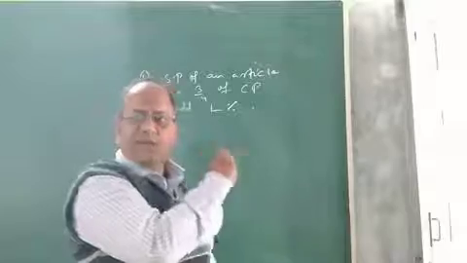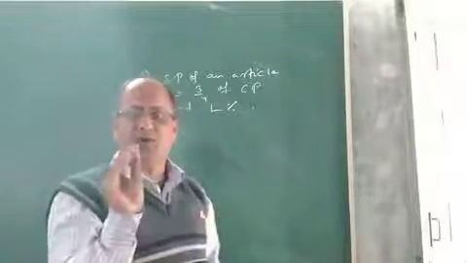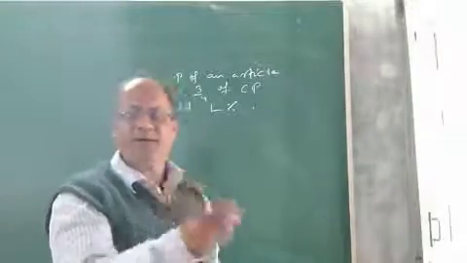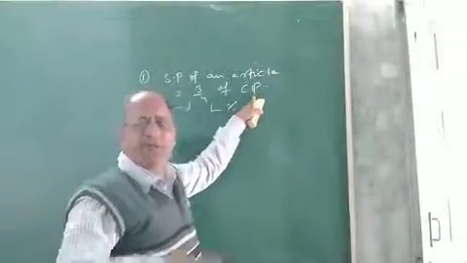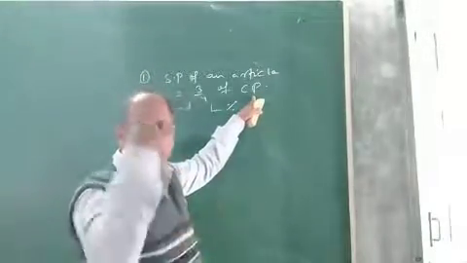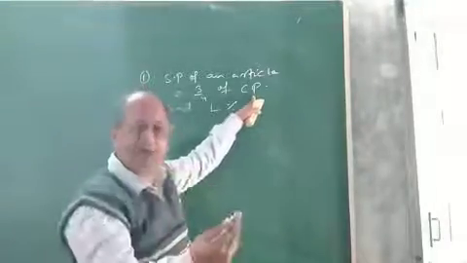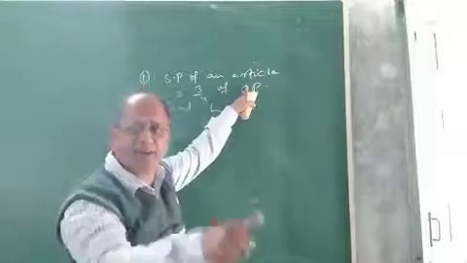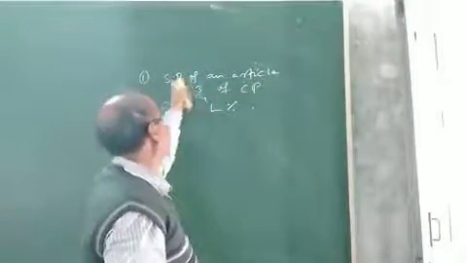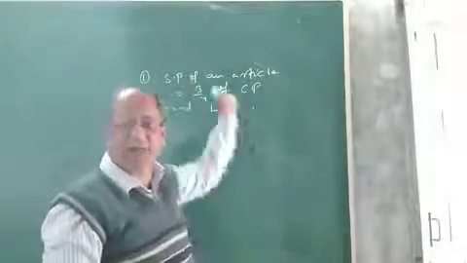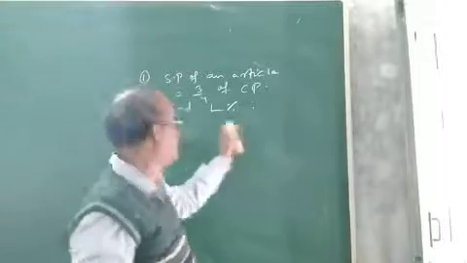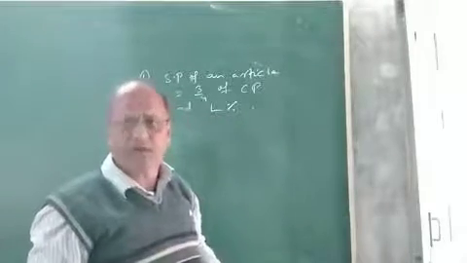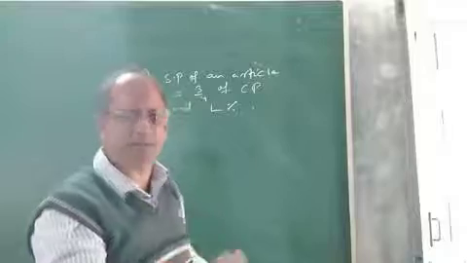In order to solve this type of question, we can follow different methods. We do not know what is the cost price. We can take it X, or we can take it 100 also. So by taking the cost price of the article as rupees X or rupees 100, we can easily find what will be the selling price, and after finding the selling price, we can easily find out what will be the loss percent.